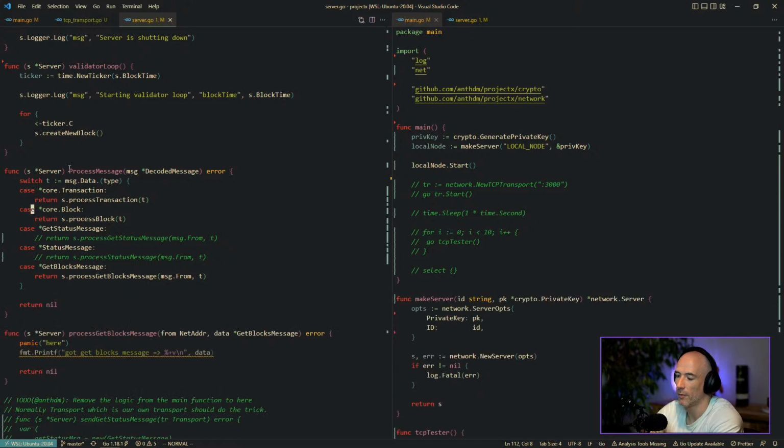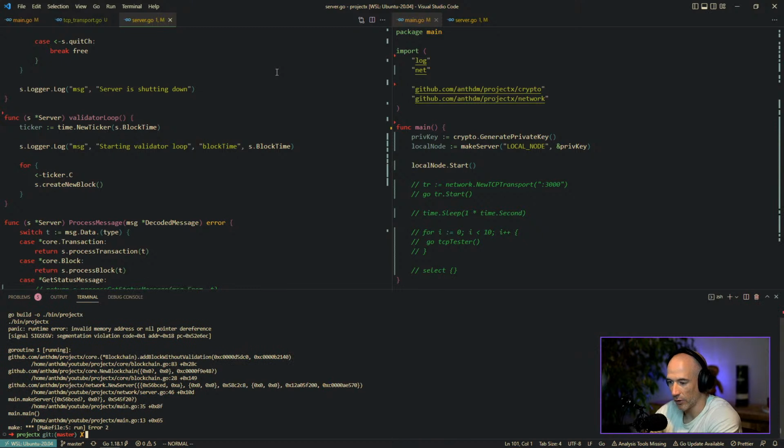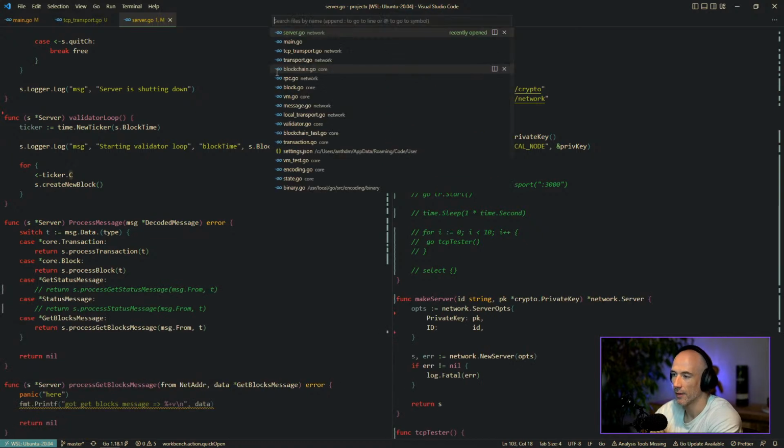Segmentation fault. Why is that? That's a good question. Segmentation fault. Nil pointer dereference. Add block without validation. Blockchain